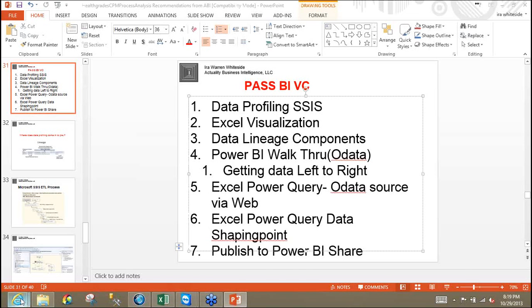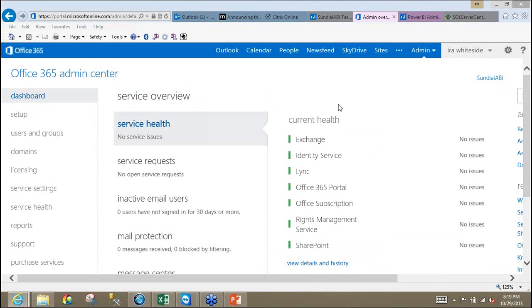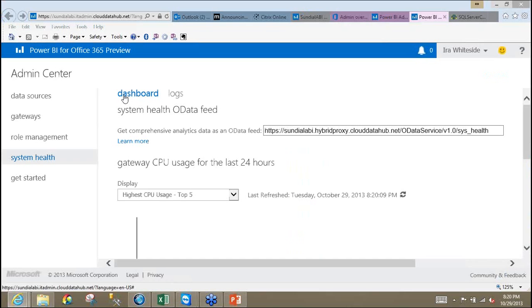Well, if we take a look, first let's go take a look at the Office 365 site. And what we're looking at here is, so here's our Office 365 Admin Center. Lineage has got several videos out on how to set up and manage Office 365. We're not going to try to go through that. What we're going to focus on is the fact that if you get your Office BI set up and your SharePoint and your Power BI, and I'll leave you to get some more documentation on that,